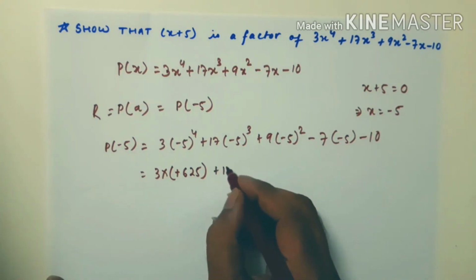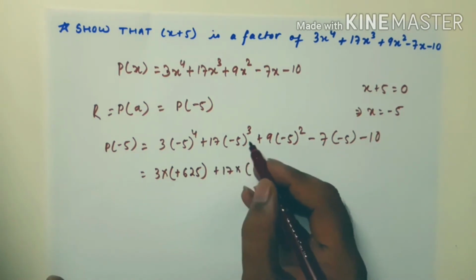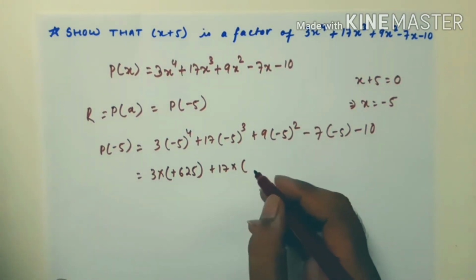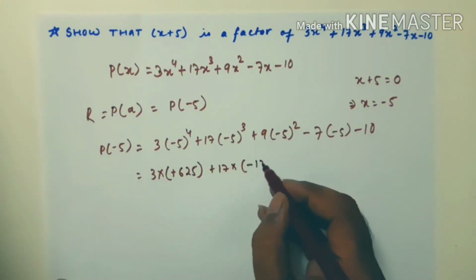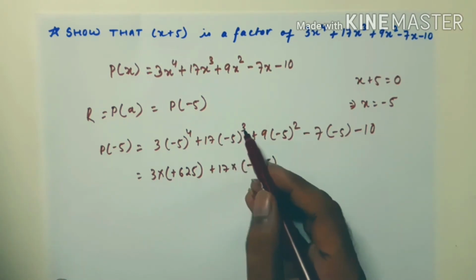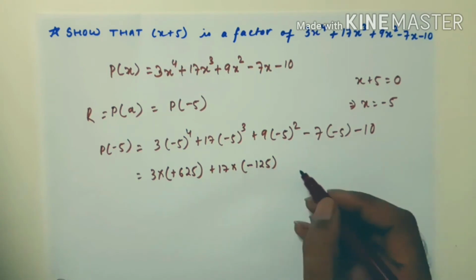Next, plus 17 into (-5) whole cube. So (-5) whole cube means -5 into -5 into -5, so we'll get -125. As the power is odd for a negative number, the answer will always be negative. Plus